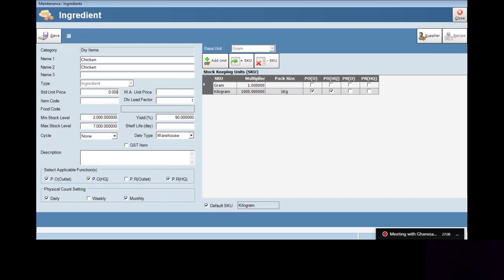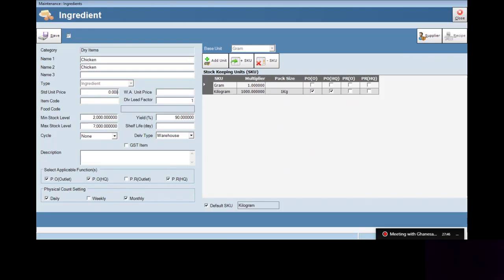That is your initial cost. Whenever you do your delivery in kg, it doesn't matter how many kg you are receiving, the system will automatically pick up 0.008 per gram. Even if we view from your report, the system will let you know how much your grammage movement is. And this standard unit price and also the kg price, the system will automatically pick up or change, following the first in first out cost model that we call FIFO.